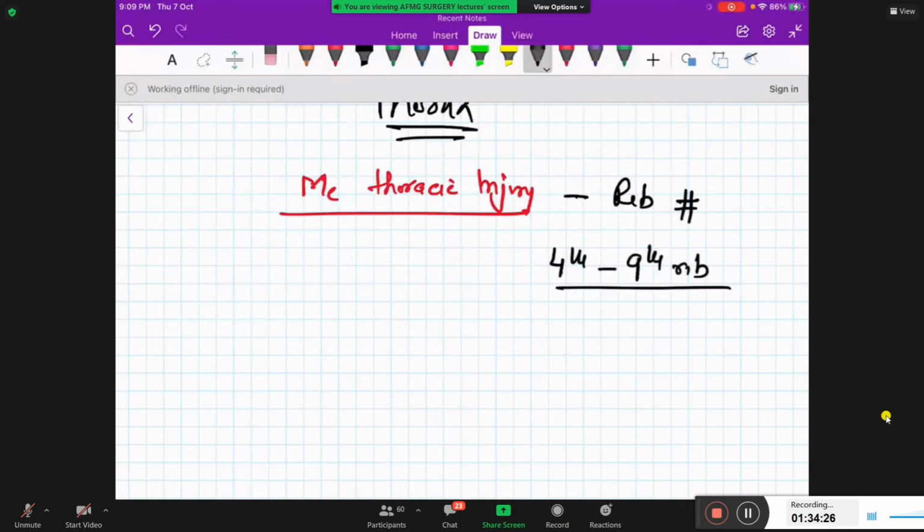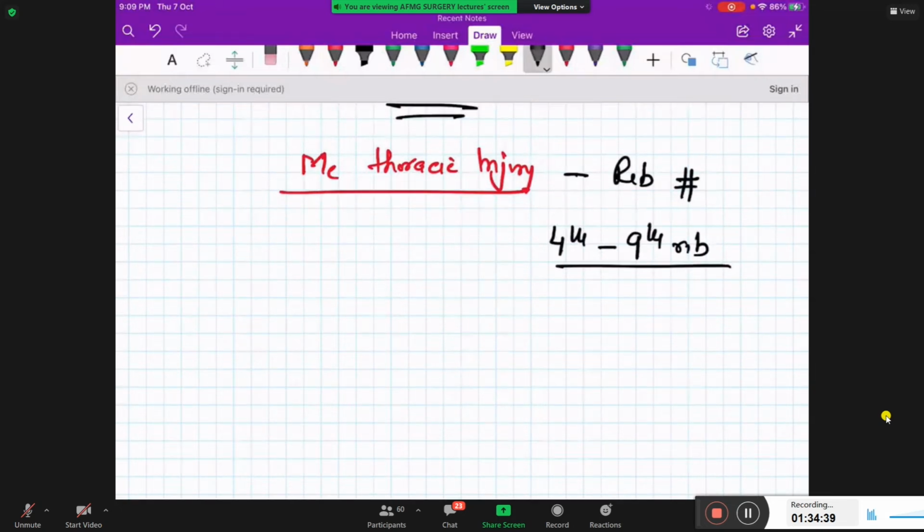Most commonly fractured ribs are 4th to 9th rib. Then, can you tell me what is the most common cause